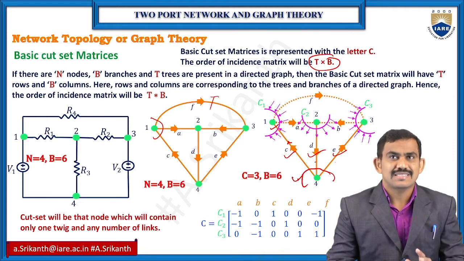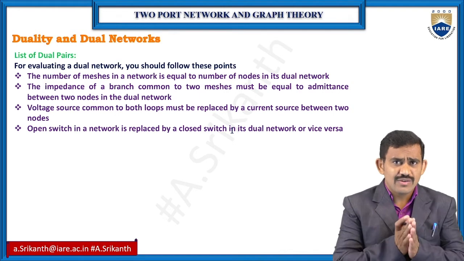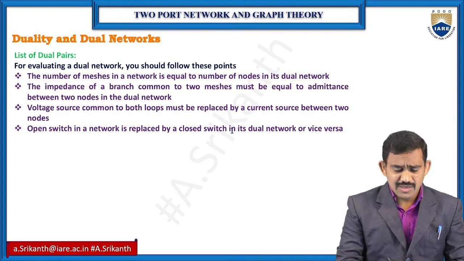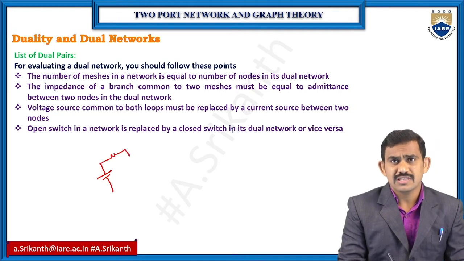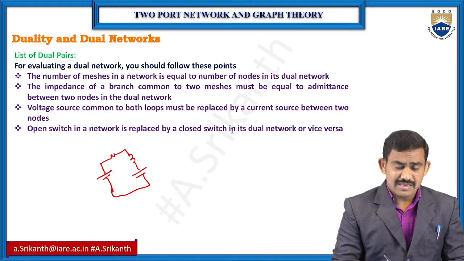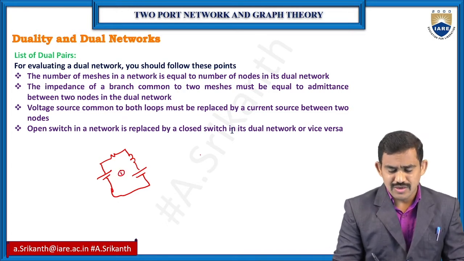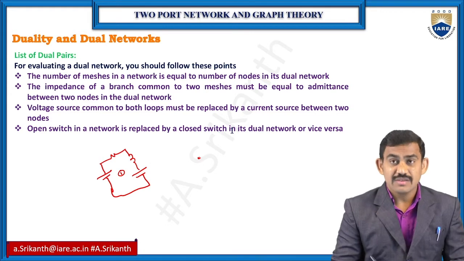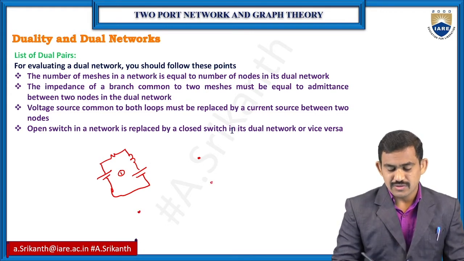So that is the ABCD matrix. Coming to network duality. When we have a circuit, suppose I have one circuit with a voltage source, inductor and capacitor. So three are connected in one loop. Then just observe how many loops we have. Only one loop means one node. So I have one node, and create one reference node. So here I have the reference node. So this is node 1 and this is your VR.